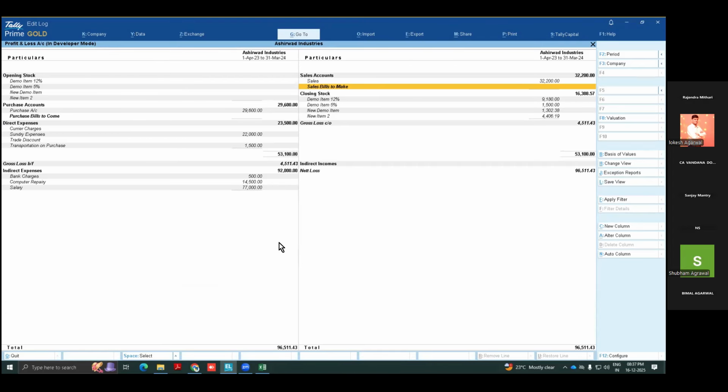If I have two businesses, one is trading, one is manufacturing, also I have one commission agent working as a commission agent. So I have three types of segments in my businesses. So how can I segregate gross profit, net profit, expenditures, incomes, everything as per segments? That is very simple, but we are not watching. This accounting standard is also implemented in Tally automatically. We assume that it is only theory, but it is practical.